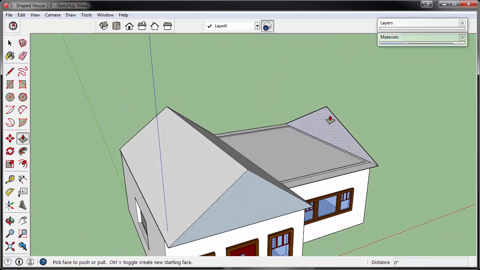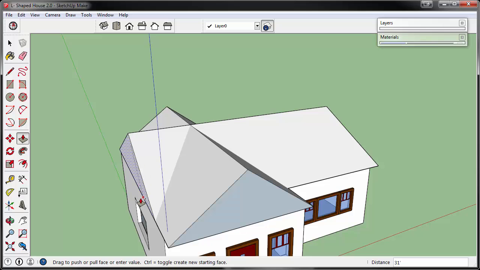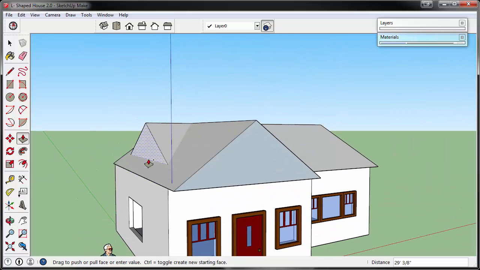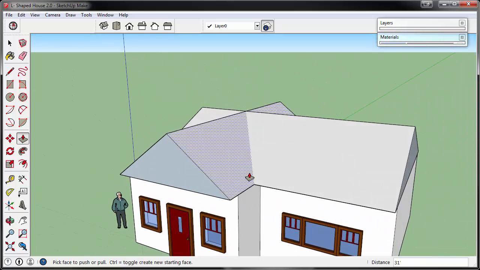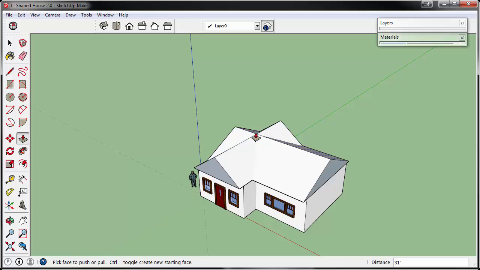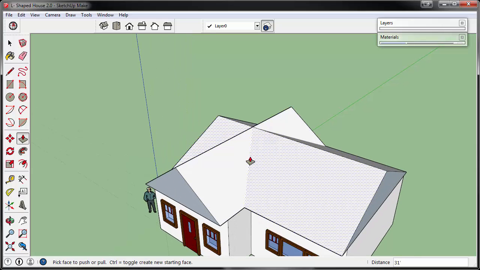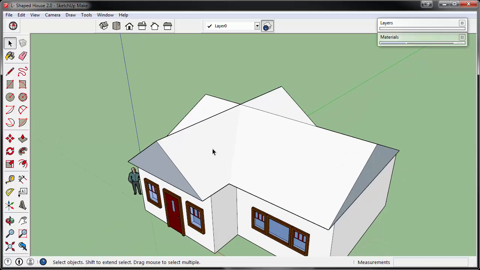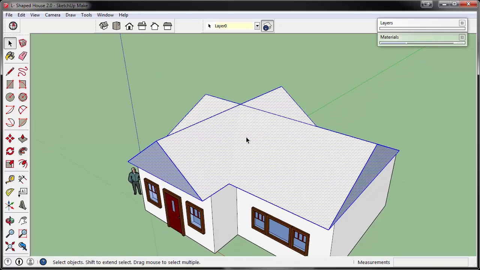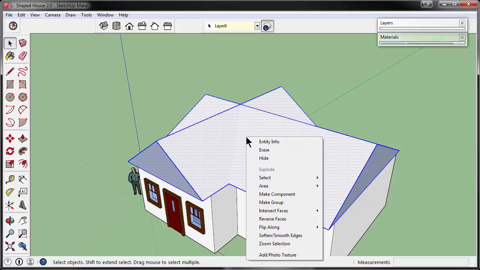Again, we'll push this over, and you can go over as far as you want, giving our roof intersecting points. Now, you'll see here how we have the two roofs come together, but there's not a line there to delineate the two spots. So if we want, we can simply double-click the entire roof,